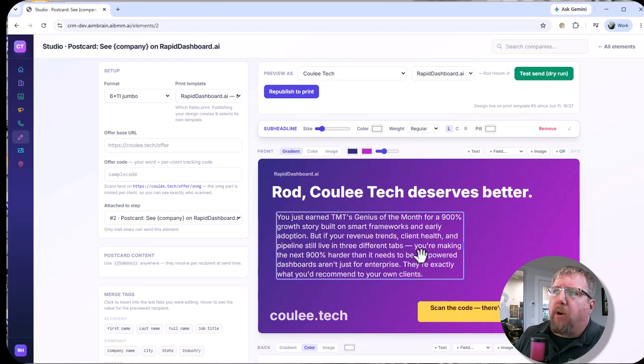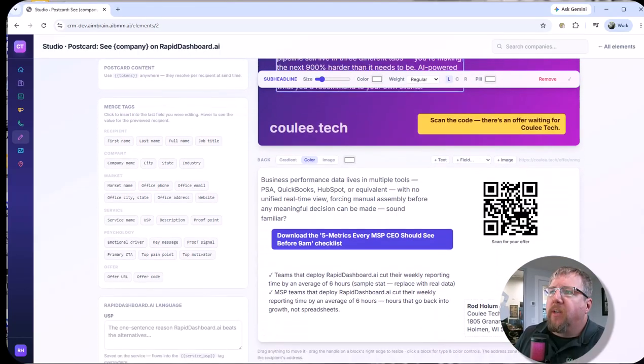So if someone was marketing to me, it will go ahead and say, Rod Kalita deserves better, and I earned the TMT Genius of the Month for 900% growth story, smart frameworks. And on the back, it'll have a QR code that will go directly to our website. And when someone scans that QR code, much like clicking an email, I'll be able to see that this particular lead from this mailing responded and went to our website. So even if they don't call us in, we can see that they were at least interested in this